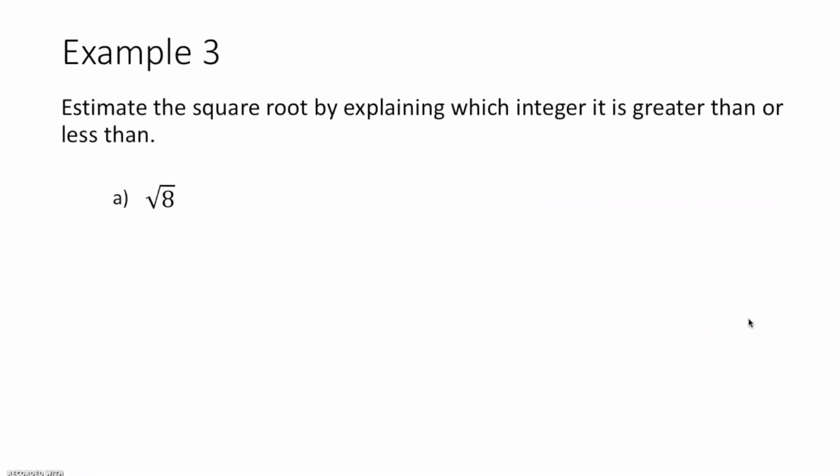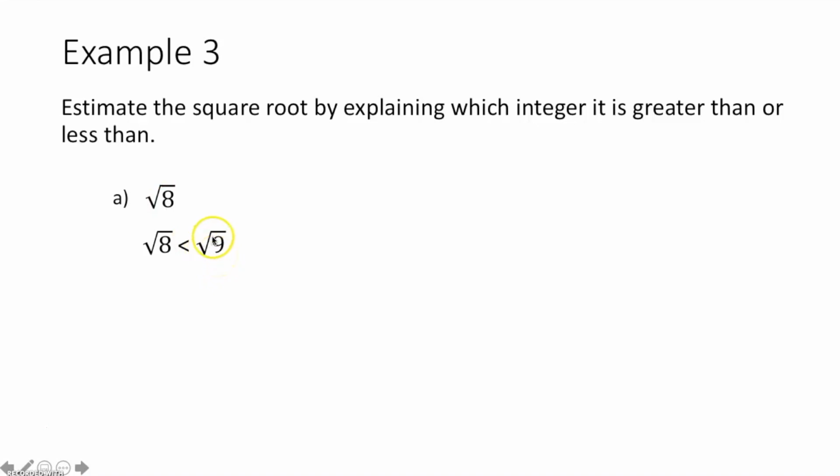Example 3 says estimate the square root by explaining which integer it is greater than or less than. So we have the square root of 8. That is not a perfect square. However, 9 we know is a perfect square, and that is very close to 8. So we're going to say the square root of 8 must be a little less than the square root of